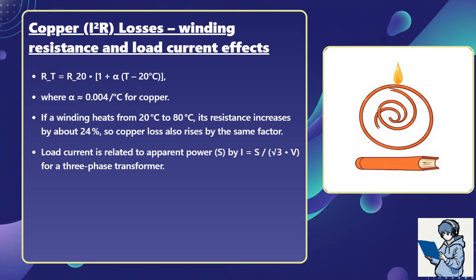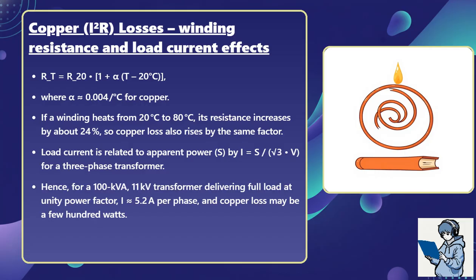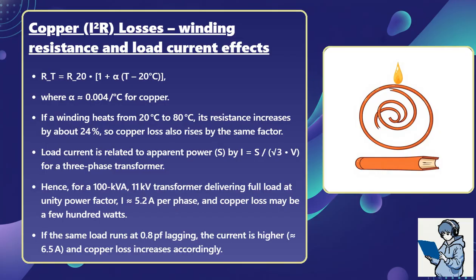I equals S divided by open bracket square root of 3 close bracket times V for a 3-phase transformer. Hence, for a 100 kilovolt ampere, 11 kilovolt transformer delivering full load at unity power factor, I is approximately 5.2 amperes per phase, and copper loss may be a few hundred watts. If the same load runs at 0.8 power factor lagging, the current is higher, approximately 6.5 amperes, and copper loss